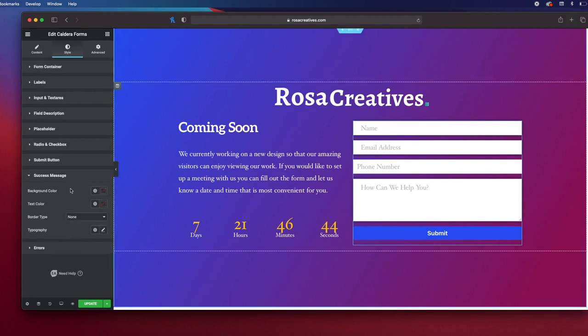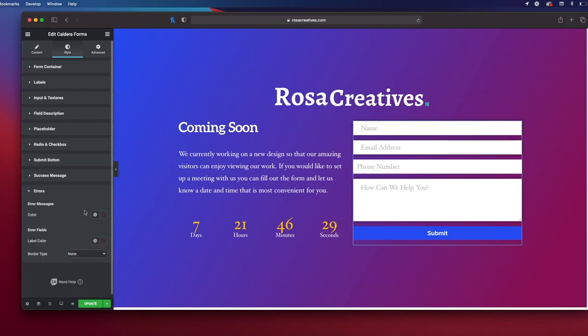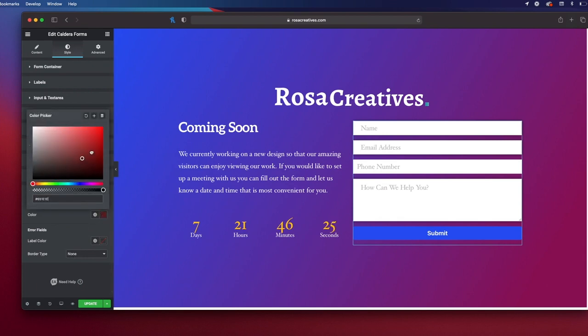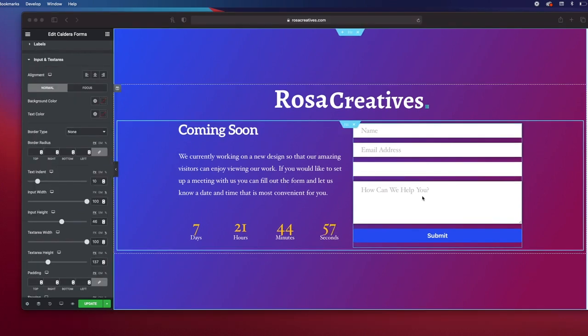So this success message is a message that will pop up every time someone successfully fills out the whole form. So this is basically the colors that you want it to appear, and then the error message. You could probably display this as red so they can know that there is an error on the form that they have filled out. Okay, so now we have a